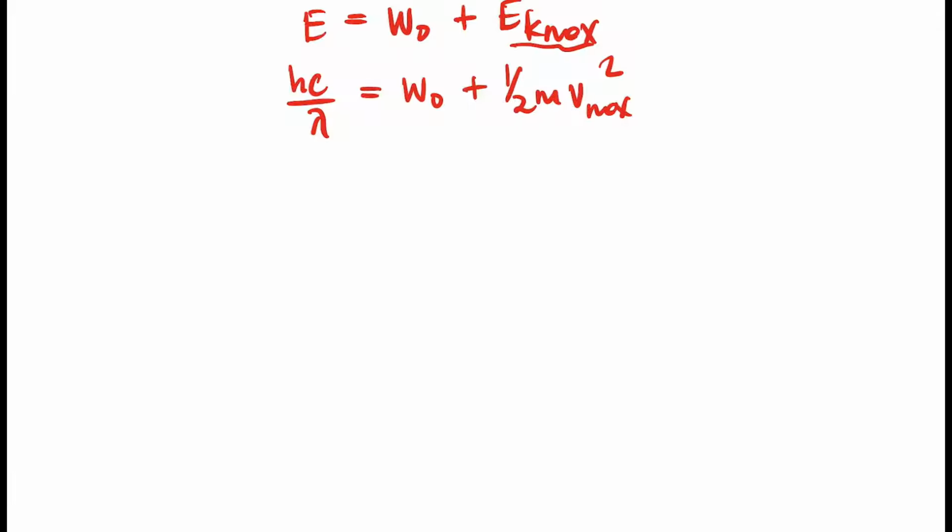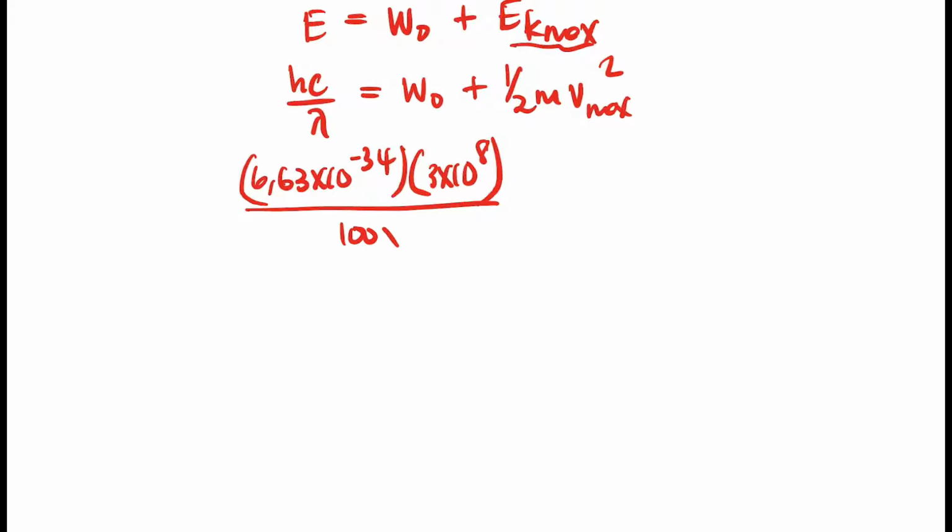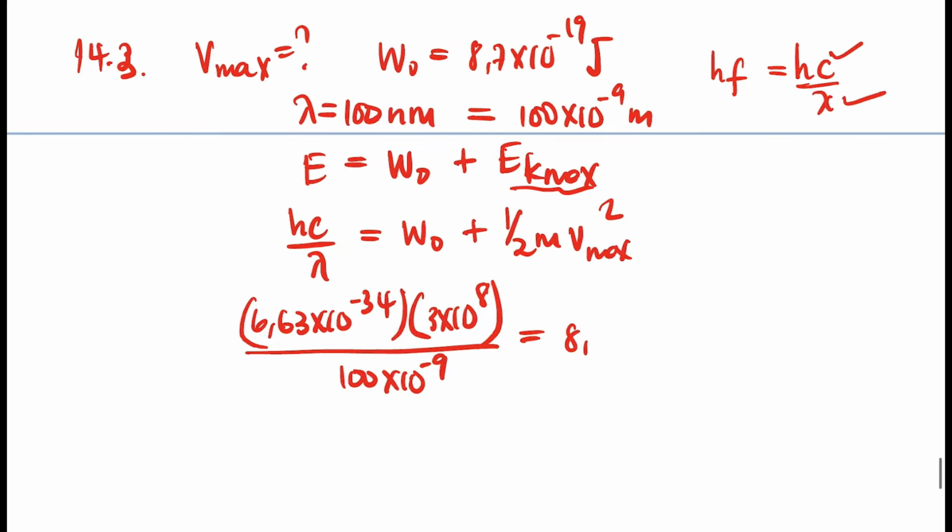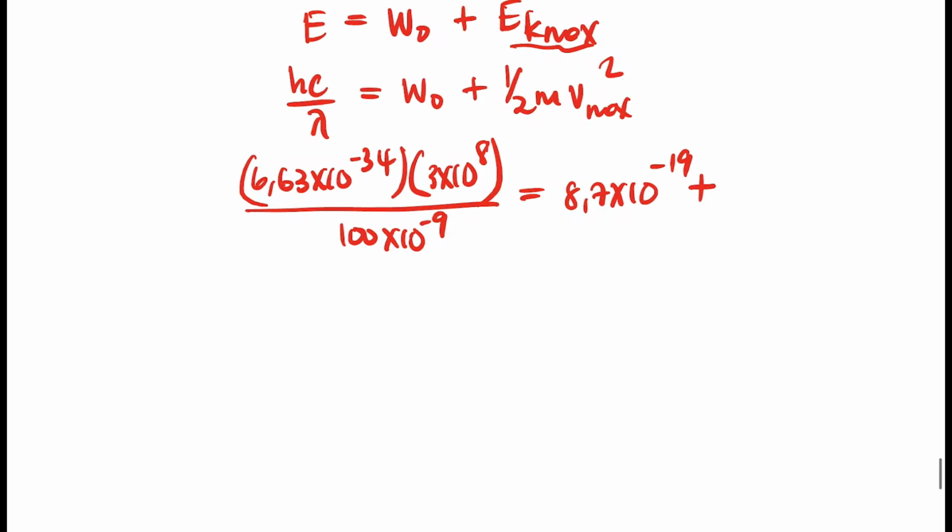We will substitute: 6.63 times 10 to the power negative 34, which is Planck's constant, multiplied by the speed of light, and then divided by 100 times 10 to the power negative 9, which is the wavelength, and the work function is 8.7 times 10 to the power negative 19 plus,